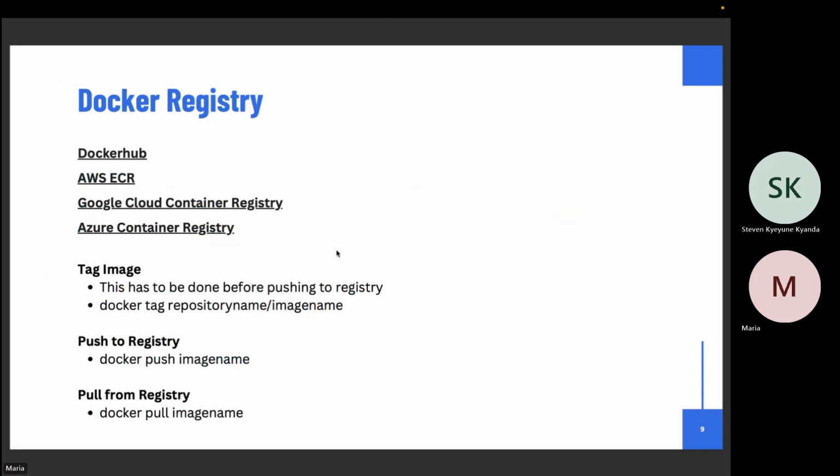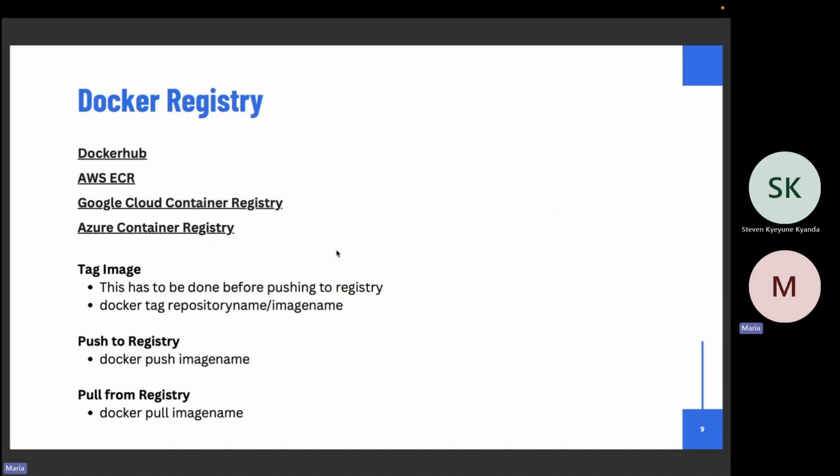So now that we have our image, the next topic would be the Docker registry. Once you have your image in place, the next step, you would want to share your image with other people in the team. You want to deploy it on another platform. How will it be accessed? It has to be accessed from a central location somewhere. So you have the option to use Docker Hub. Docker Hub supports private and public repositories.